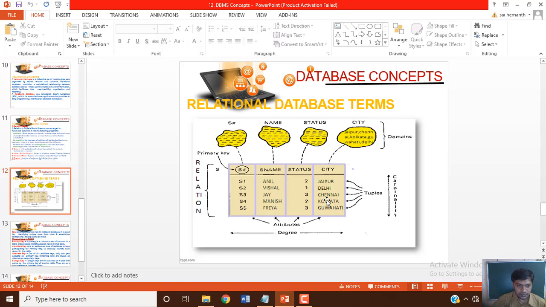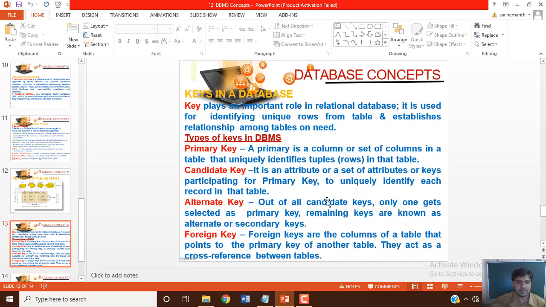Okay, now let's go for keys. Keys in database are a very important part of a relational database. They allow us to identify an attribute. Keys help us to identify an attribute or a set of attributes on the basis of which a table is identified.